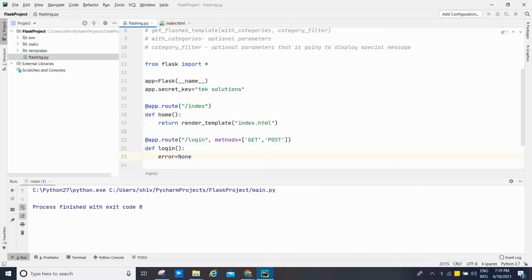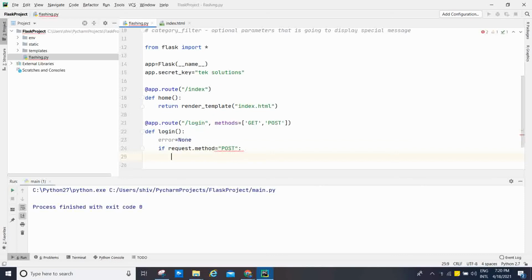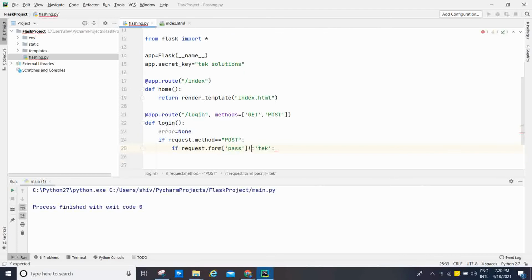Error equal to None, no error in the initial. So if request.method equal to POST, okay, double equal to POST, and if request.form, I'm going to use pass, what is not equal to tick, then it's going to print error.